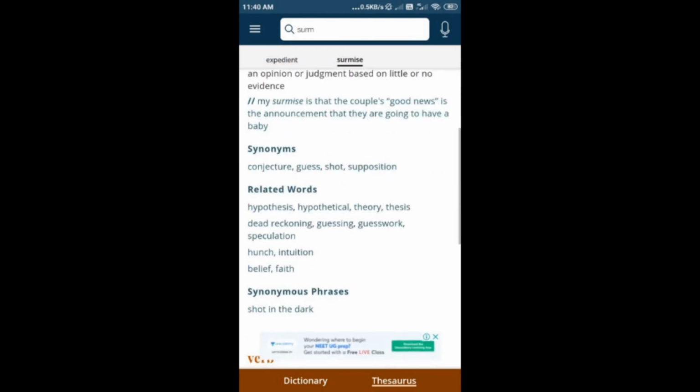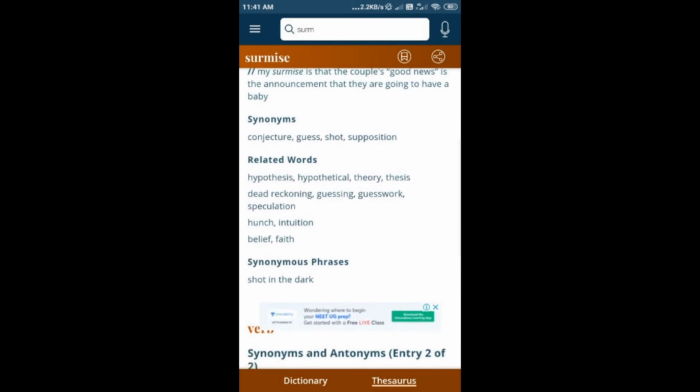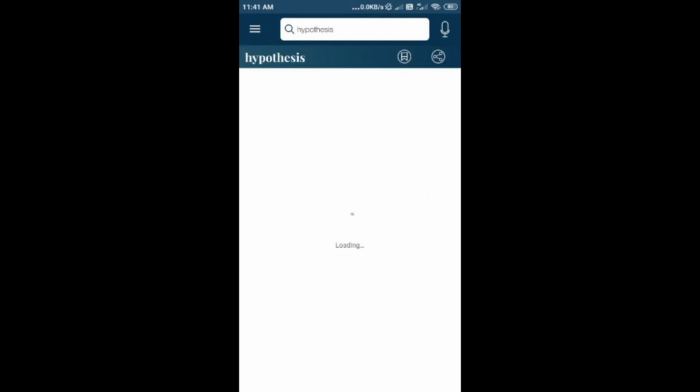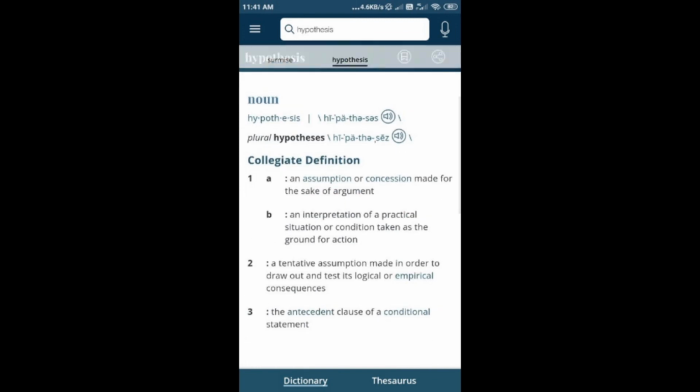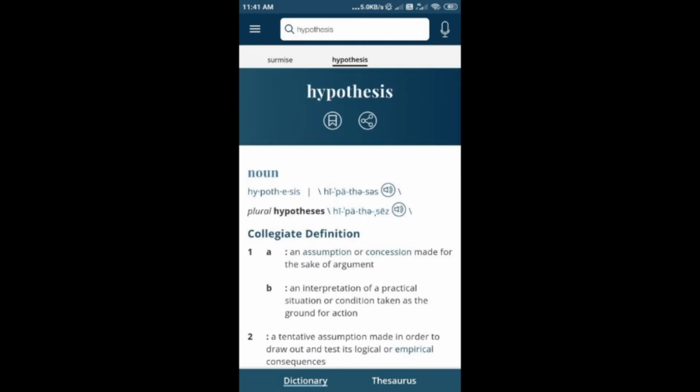This is the word I look for, and then I clicked on thesaurus. It brought me to the related words, starting with hypothesis. So I have to find out whether the word I'm looking for is hypothesis, right? Maybe I don't want to use the word surmise. I want to use some other word. So I'm looking in the thesaurus for exactly the same meaning, but a different word, right? So I click on hypothesis. Now I go and look at the meaning of hypothesis. Now I read the meaning of the word hypothesis. If it is the meaning which I want to use, I could make use of the word. Otherwise, go ahead and keep searching new words. And this is how you could effectively use an offline dictionary.